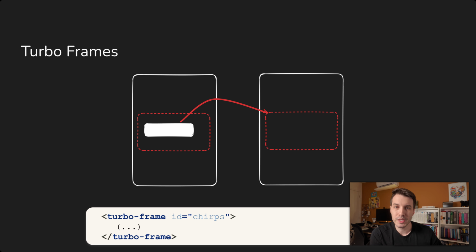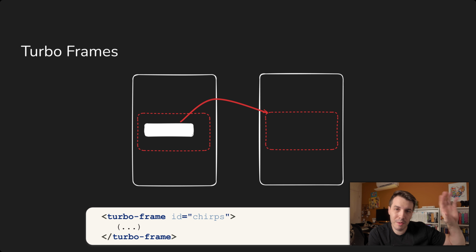There are other attributes that we can add to tuple frames as well, but we need at least the ID. What a tuple frame will do is tell tuple drive that it's not supposed to replace the entire body. Instead, it should look for a matching tuple frame with the same ID on the response and replace just that. So any link clicks and form submits that happen either inside of the tuple frame or